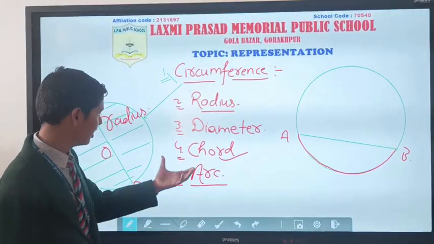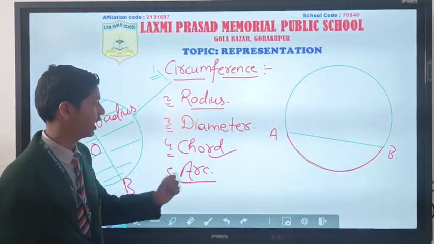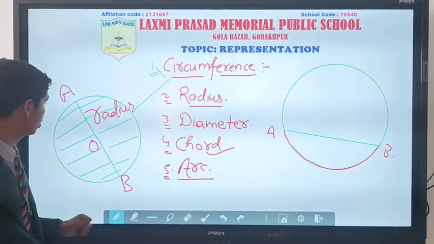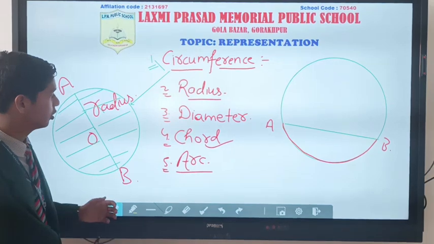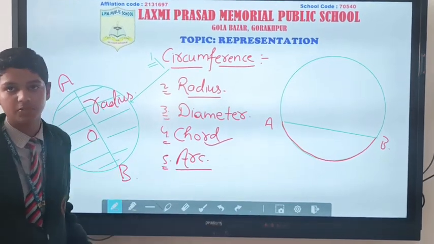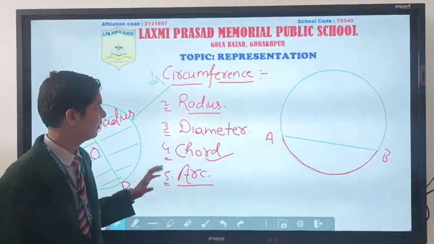As I have told you, the diameter is also a type of chord, and we have concluded that the diameter divides the circle into two equal halves. So we can also conclude that the diameter is the longest chord of the circle. So I have discussed all the basic